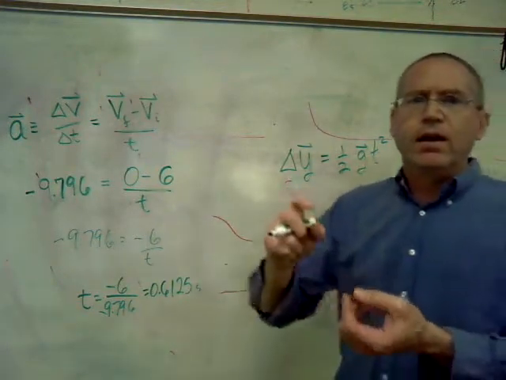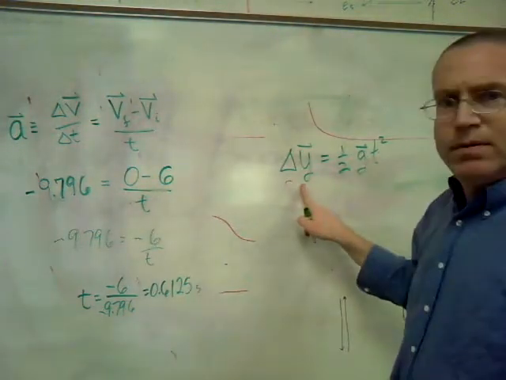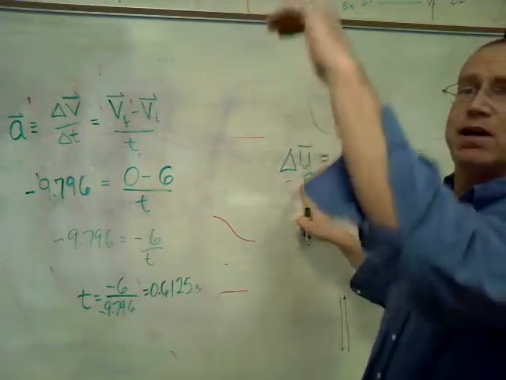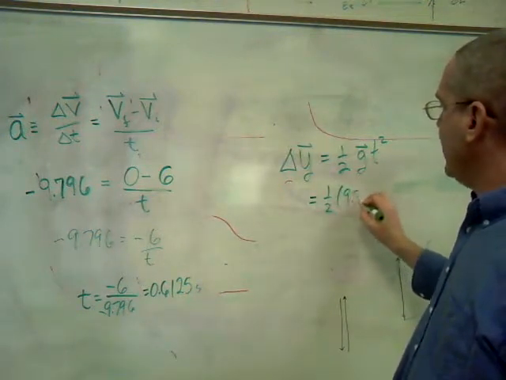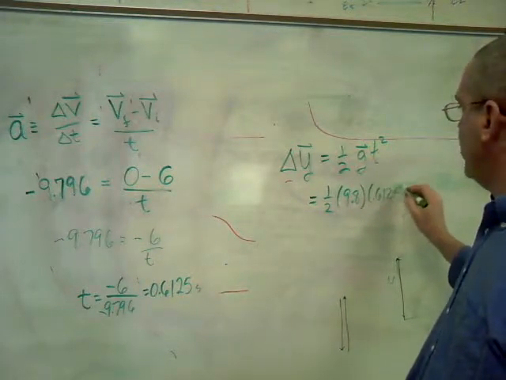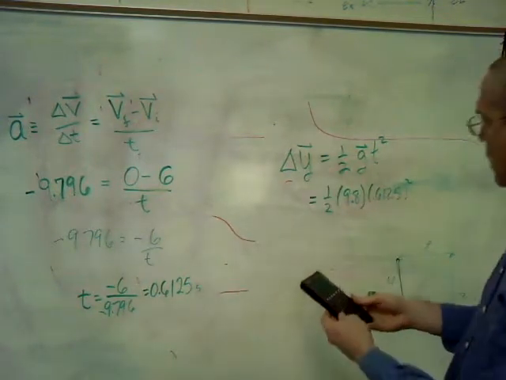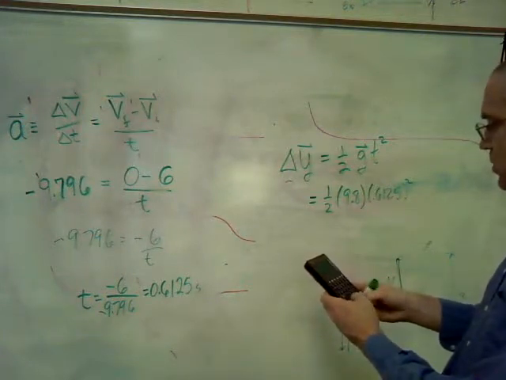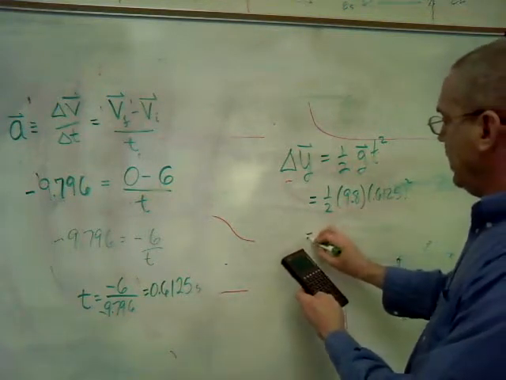Well, let's think about that. I'm now looking at the object from the peak back down. Well, this is what I'm trying to figure out. I want to know how far does it go up, which is the same as how far does it go down. So that's going to be equal to 1/2 times 9.8 times 0.6125 squared. And again, pull out the handy dandy calculator, and I do 0.5 enter 9.8 times 0.6125 squared times, and I have